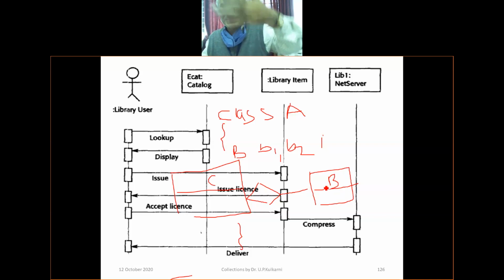Now look at that. I will give an example. Here is my hand, and fingers. The fingers are nothing but the B class here, and my hand is the C class. So the hand is made up of fingers. The class C is made up of instances of B. That's how I can read it. Is it clear? Ashish, Arpita. Yes.